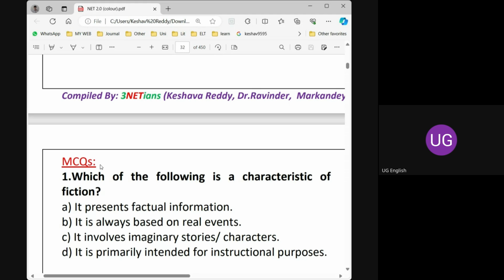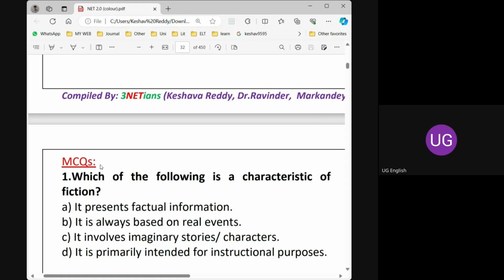Anyhow, we will see a few of the questions, and we will move to the next topic. The time is only 8:10 now. I can engage you for another 15 to 20 minutes. So we will go through 5 or 10 questions, and then we will move to the next topic. If you are okay with that, I will move to the questions now. So please try to answer the question.